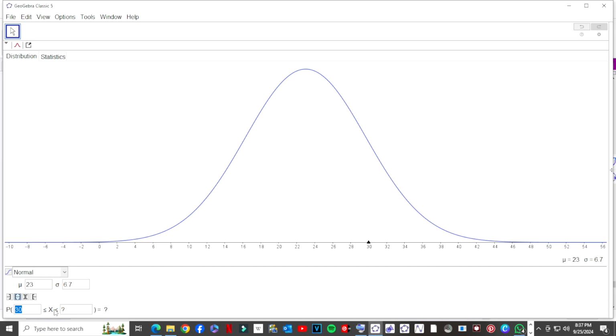So if I put here 30, it means the probability that x is greater than or equal to 30, or x is less than a value that I may pick, say 60 for my case. Because I know 60 is way beyond this, I'm safe. So if I press that, I find that the probability that x is greater than 30 is indeed given by